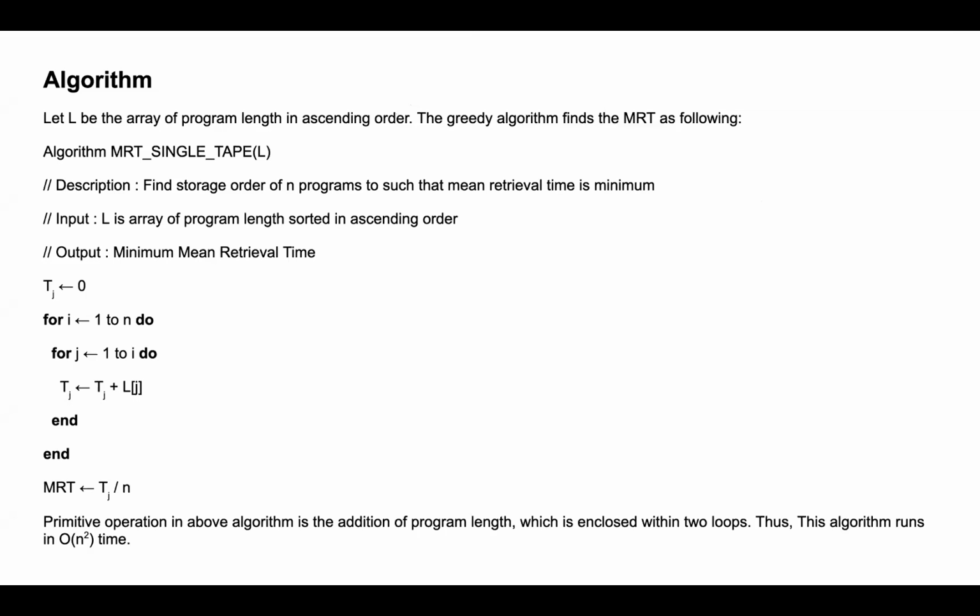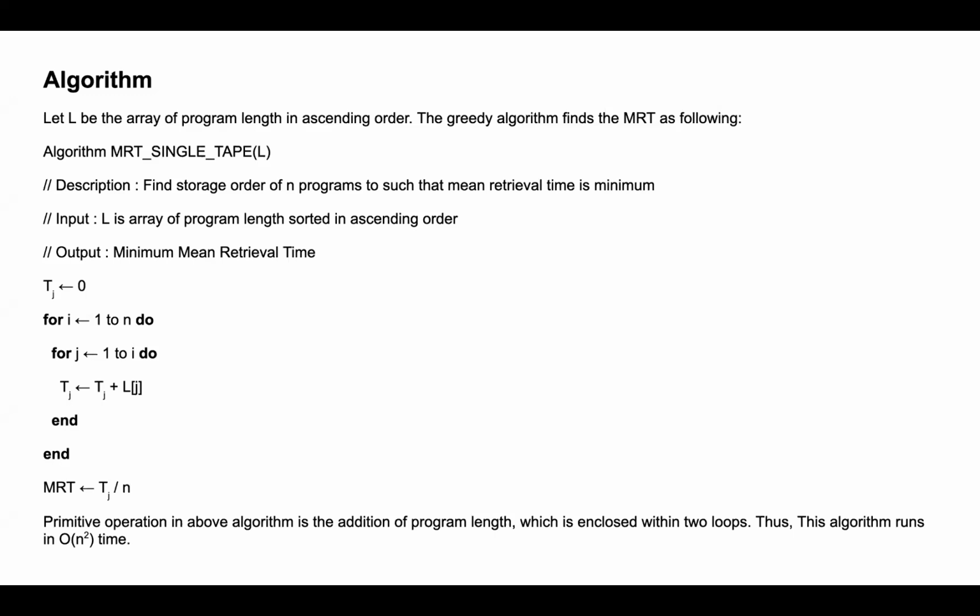Algorithm is there. Let L be the array of program lengths in ascending order. Then the greedy algorithm finds the mean retrieval time as follows. Already the array contains programs in ascending order, meaning the smallest program at the first place and the largest program at the last place, and according to that all the programs are placed on the tape. Okay, so